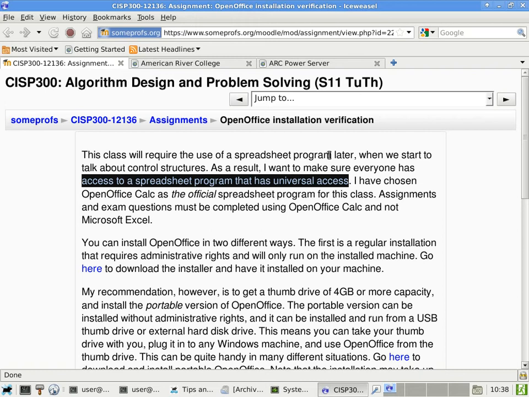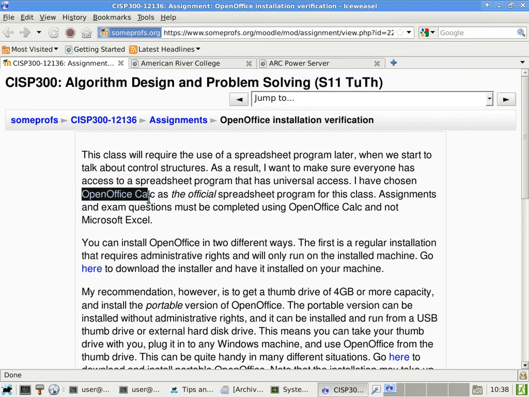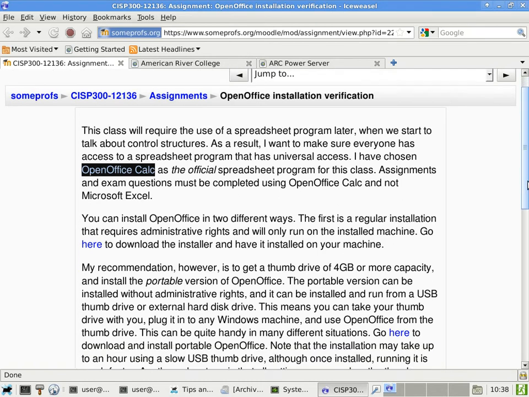How many people use Linux as a desktop? Okay, but I use it as a desktop. I can dual boot into Windows, but for the most part, I use Linux. And as a result of that, I chose OpenOffice Calc as the official spreadsheet program for this class. Assignments and exam questions must be completed using OpenOffice Calc and not Microsoft Excel. Okay? So that means you have to install